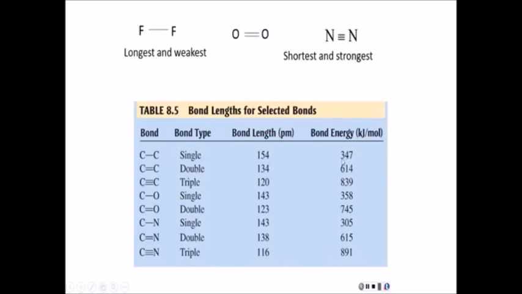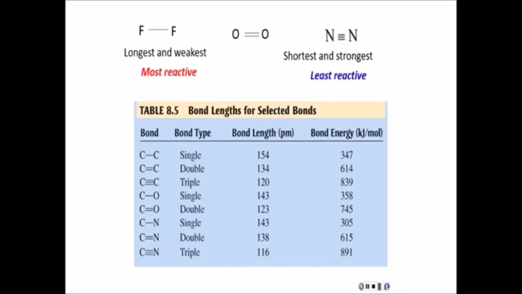If you compare the first 3 bonds, you notice how the energy increases and the length decreases. Also notice that the amount of energy doesn't double from a single to a double. Doubling would make it almost 700, and this is a little bit less than that. So we might have a double bond, but the 2 bonds aren't really equal. It's more like 1.5 or 1 3/4 of a